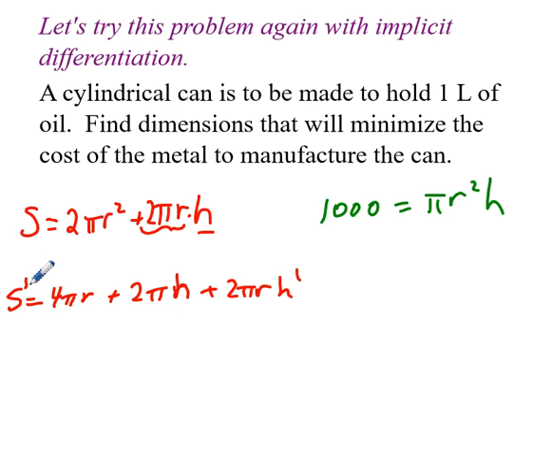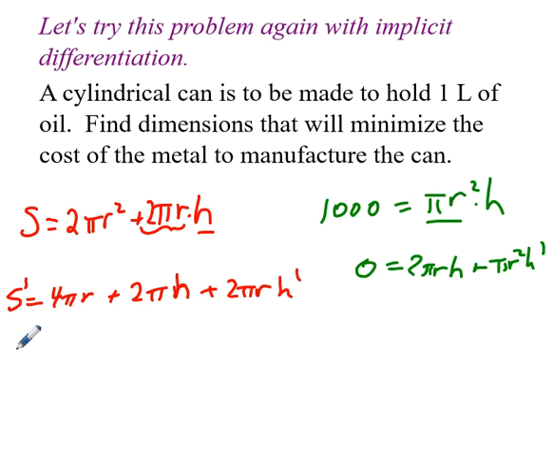Okay, this is x prime. Okay, and on this one, derivative of that is 0. Again, I have to do the product rule. So we'll get 2 pi r h plus pi r squared h prime. Okay. So